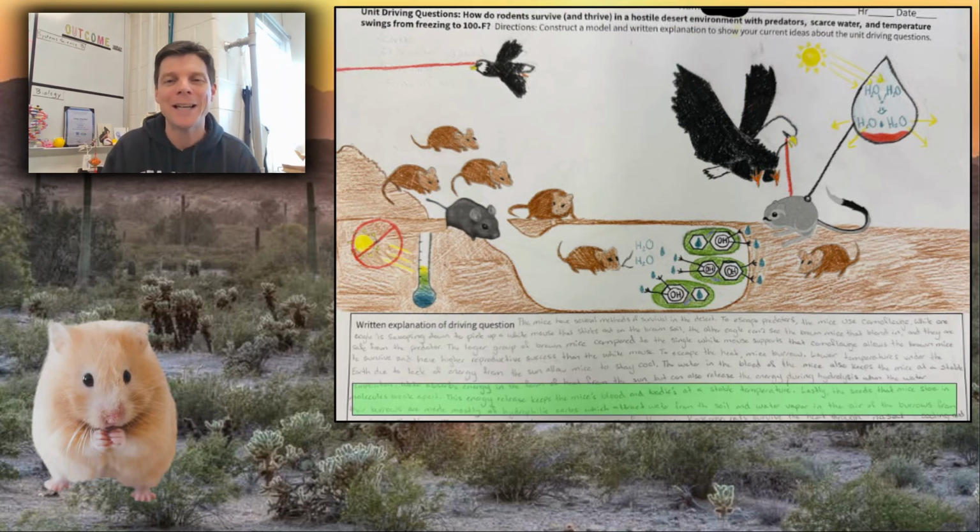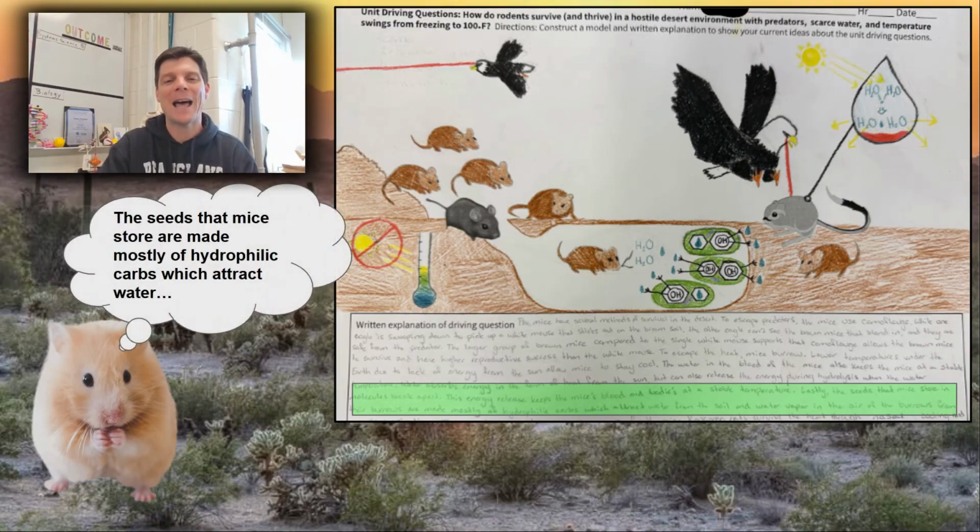This one is a final model that was created for Unit 1, looking at the adaptations that these rodents have that help them survive in their hostile desert environment where there are predators and scarce water and these huge temperature swings, right? So this student submitted a final model that I highlighted one part of what they wrote, but